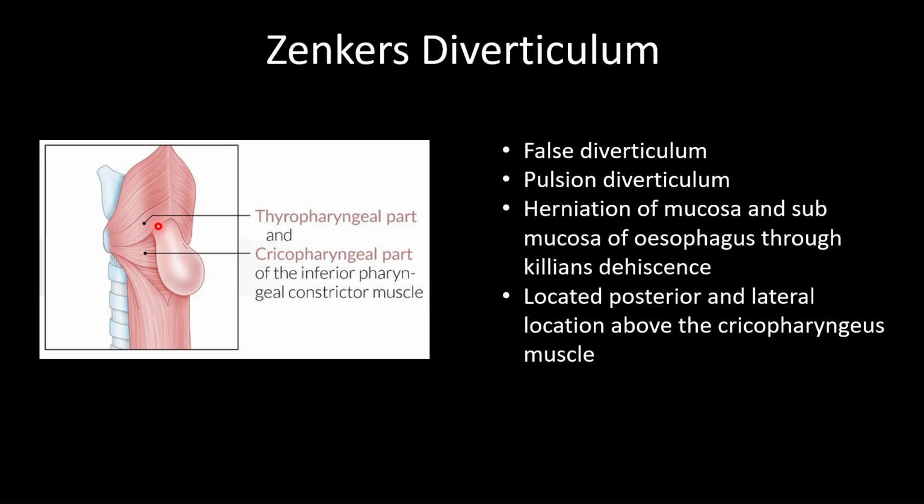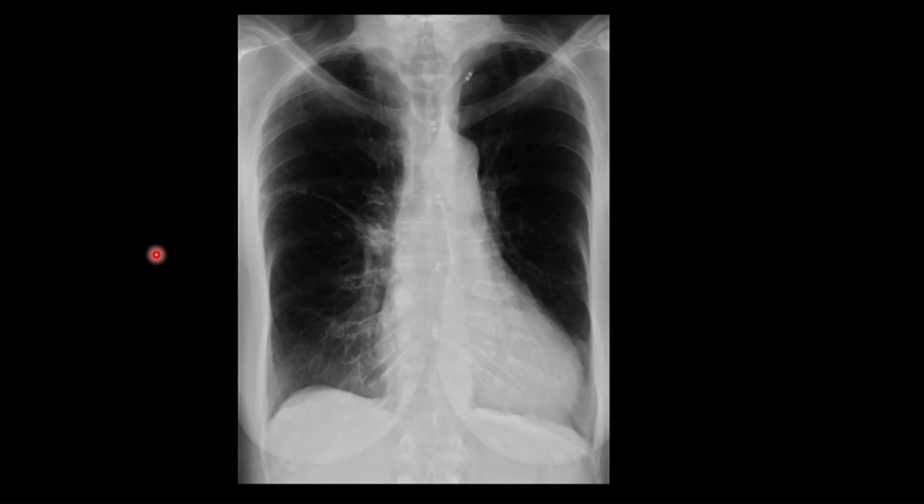Now, this phenomenon may lead to creation of a sac, which usually has a narrow neck and can trap liquid as well as food, and the distended sac can even sometimes compress the cervical part of the esophagus anterior. Now, in this frontal chest radiograph, we see a pharyngeal pouch over here which shows an air fluid level